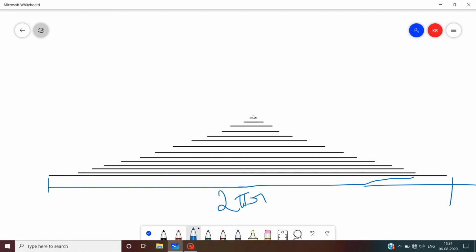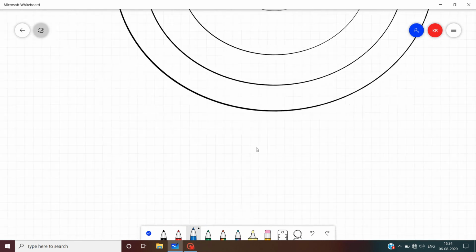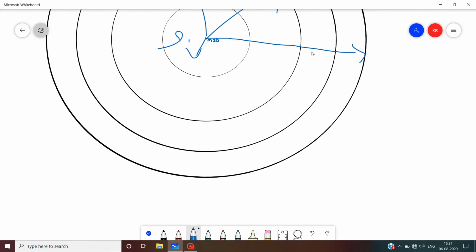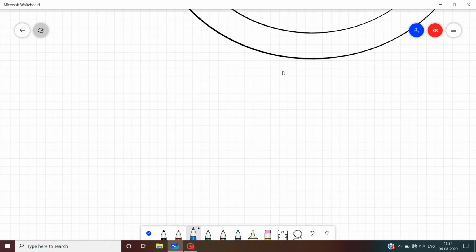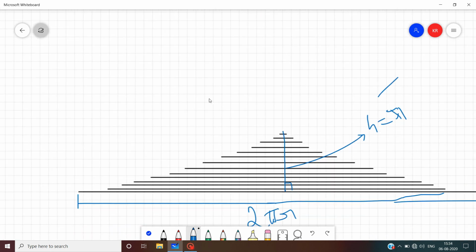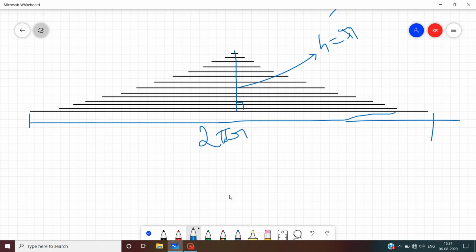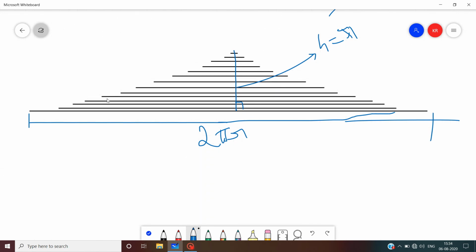So it is the center, right? From the center, when we drop the perpendicular, we get the perpendicular height h. But what will the perpendicular height h be equal to? Think, radius, right? When we closely observe here, from the center to the outermost circle, it will be radius r, that is the perpendicular height. So it forms a triangle.